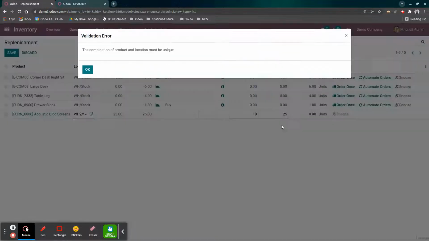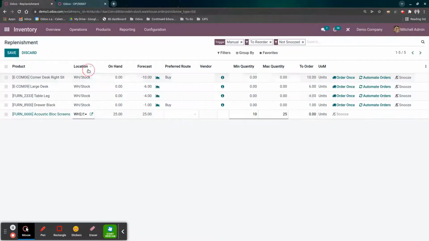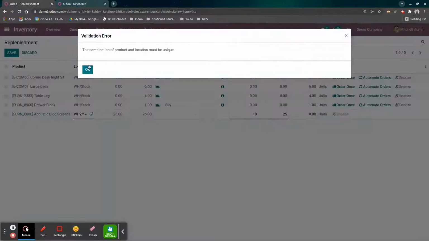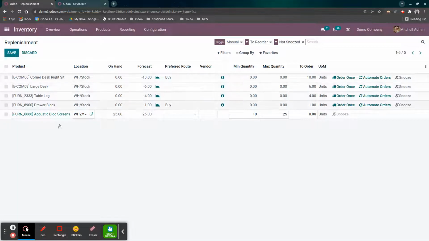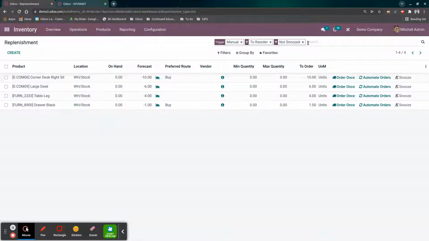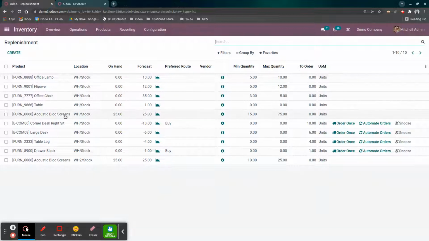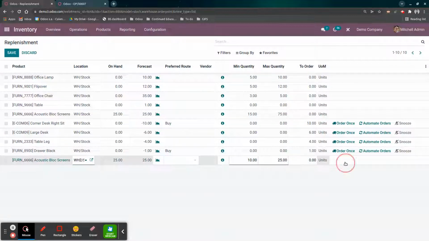However, the combination of product and location is unique. Sorry, I'm not sure what's going on there. We can look at that later. But essentially, the idea is you'll create one of these. Actually, it's probably because we have it right here already. All we have to do is just change it if we want to. It's right here, sorry. So it's already unique,